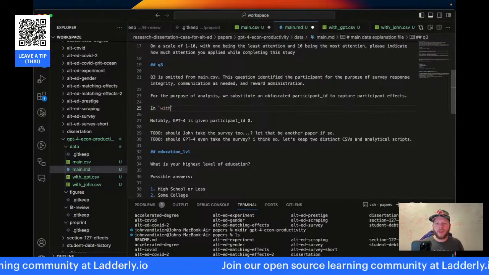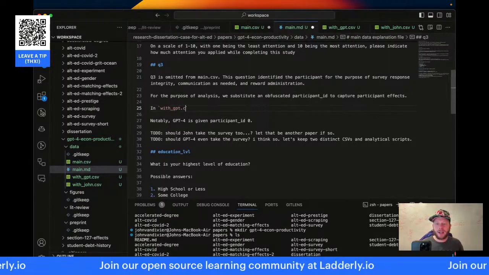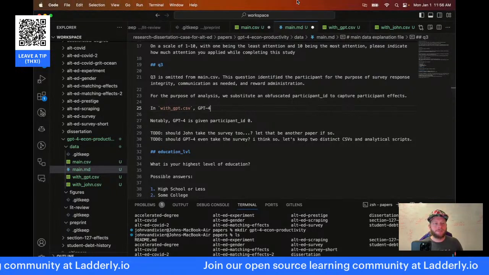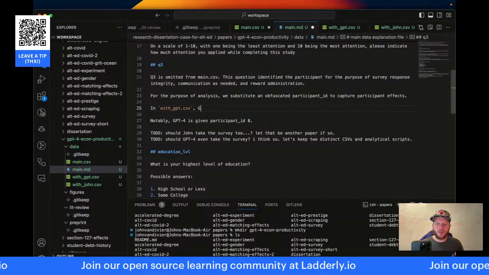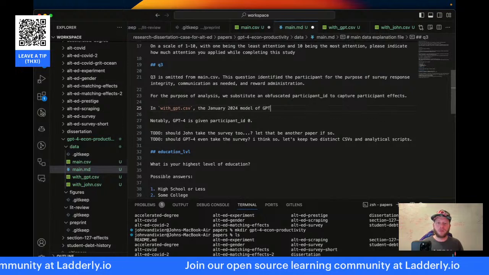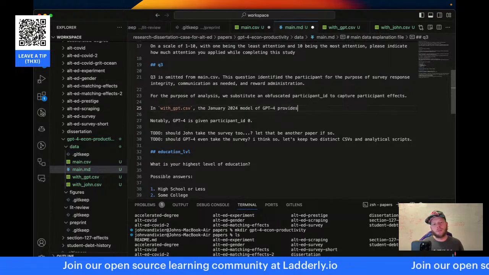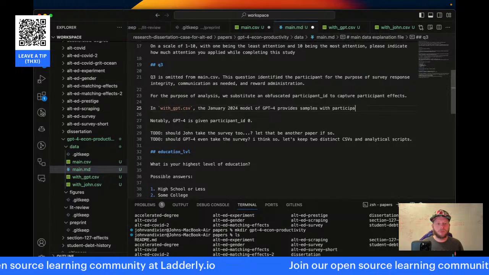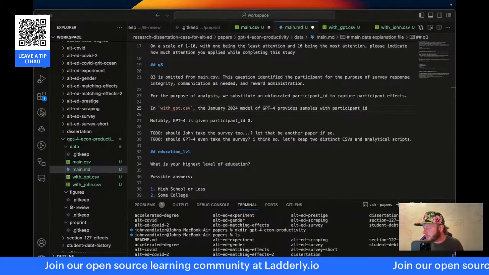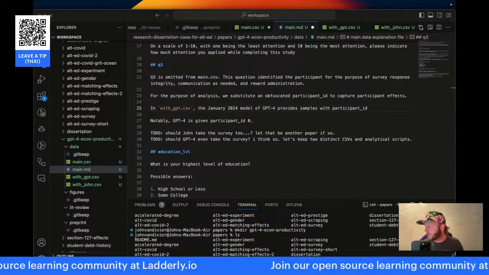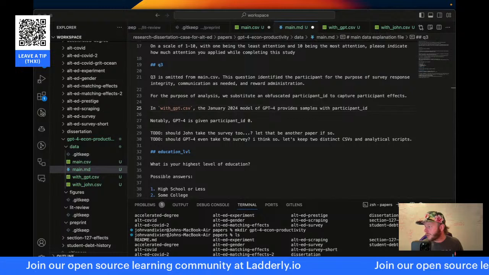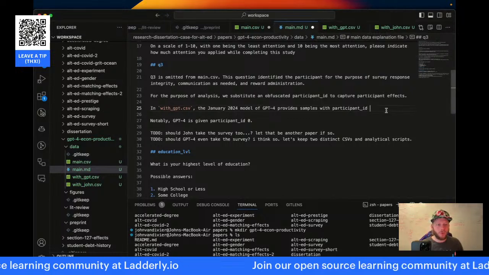In with GPT.csv, GPT-4, and this would be a January 2024 model. Participant ID 32.